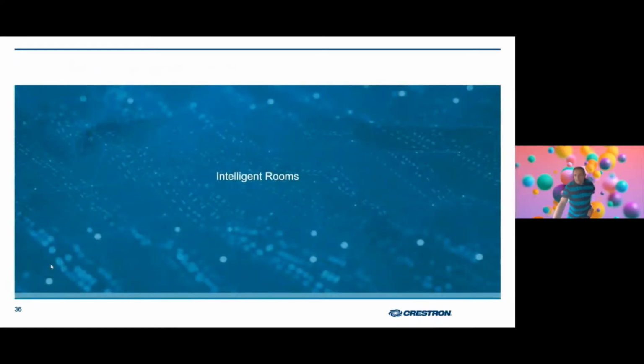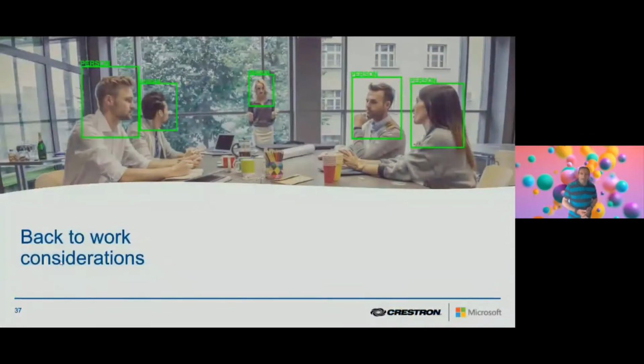So intelligent rooms, what do I mean by this? Traditionally we've had our camera in a room, you've had microphones, you can detect when the HDMI cable is plugged in. And recently we've been able to detect how many people are in a room. So what we call people counting. For example, here we know there's 5 people in the room, and we shouldn't have any more people in this space. That's all great because it shows in, for example, the Crestron Cloud, the XIO Cloud,